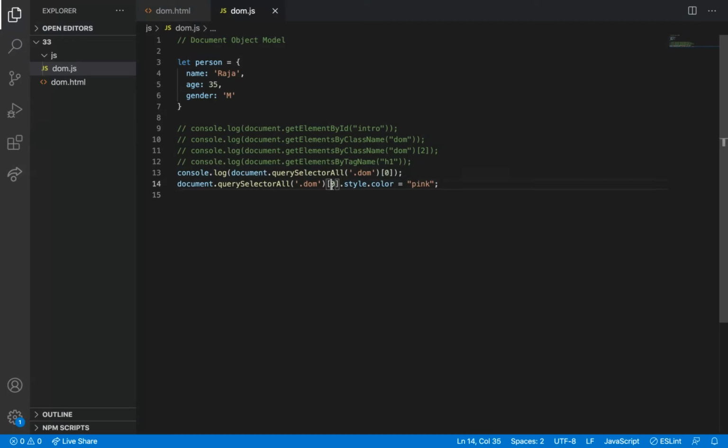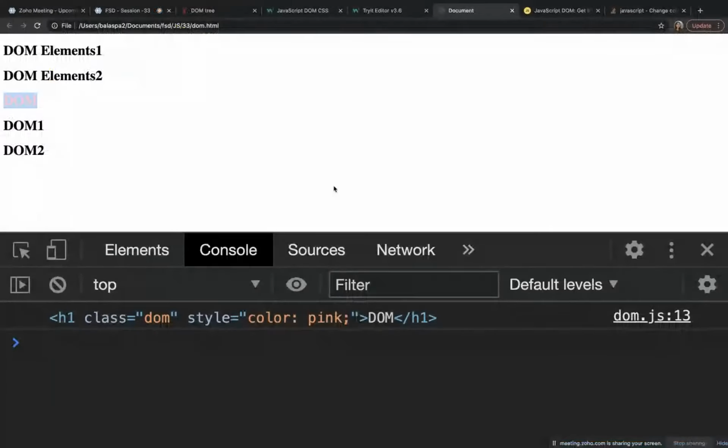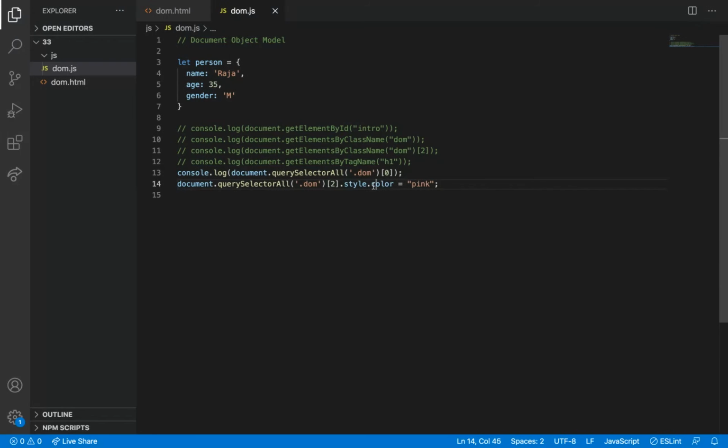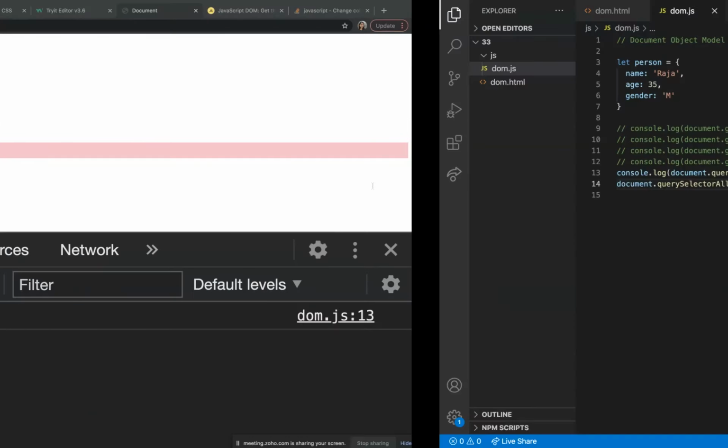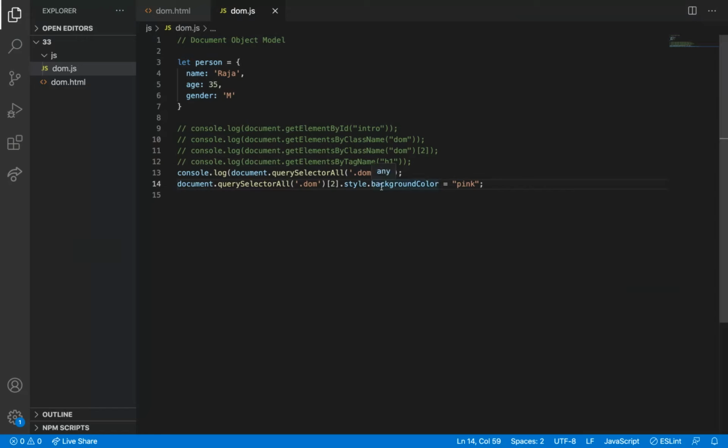So if I want to change the color of the second element, I can change. I can also change the background color. I change the background color of it, and then you can add all the styles which we are using, right?